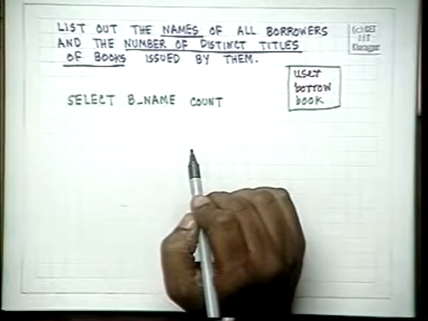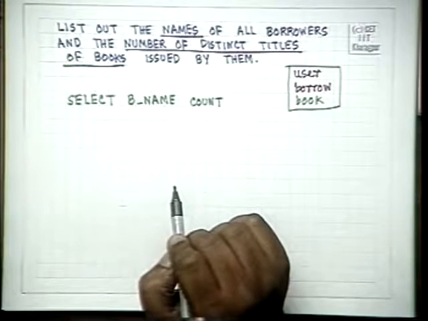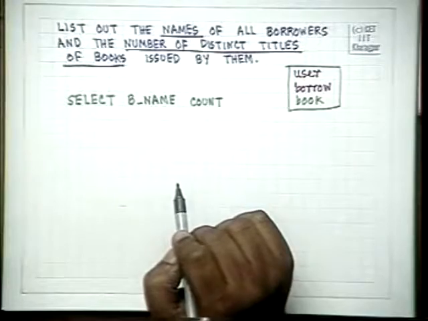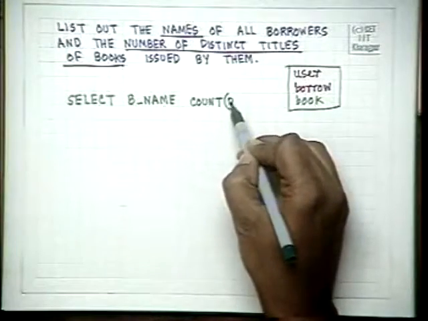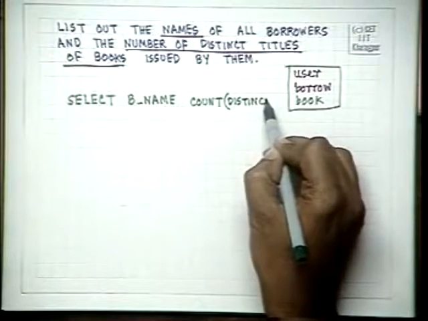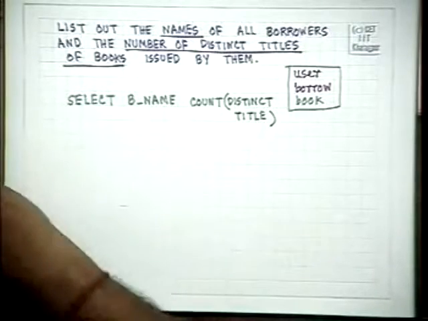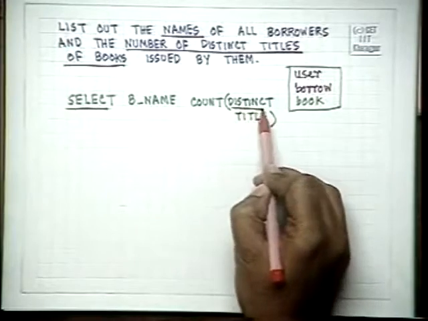Now if a person has issued the same book twice, do we want that? We don't want that. We do not want it if he has issued compiler design twice, one for himself and one for somebody in another department who wanted the book, or one for his friend. We just want to know how many different types of books he is issuing. So we will write count distinct title. This is the example which you were looking for, where you select borrower's name and count only the distinct titles